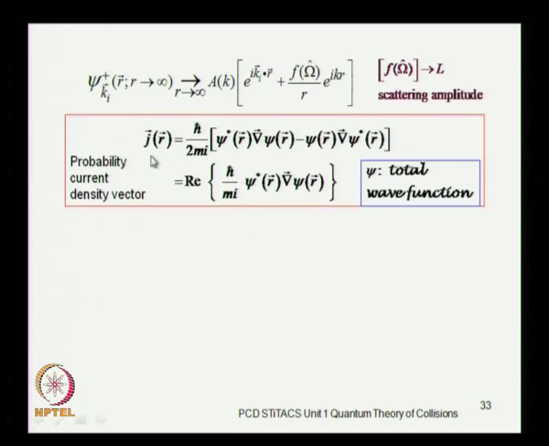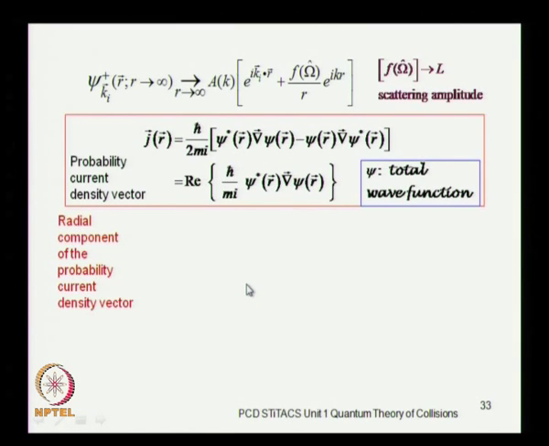We now consider the current density vector corresponding to the complete wave function. So, what is going to go in this expression? The psi star will be the complex conjugate of both of these terms, and the gradient will be taken of this entire wave function inclusive of both the terms. So, let us do that,